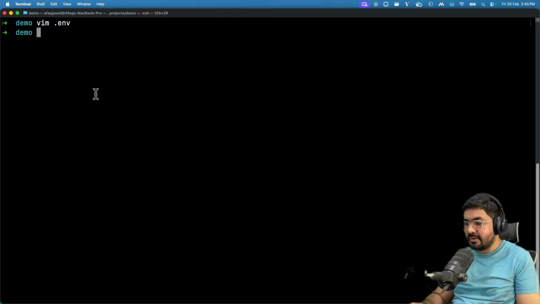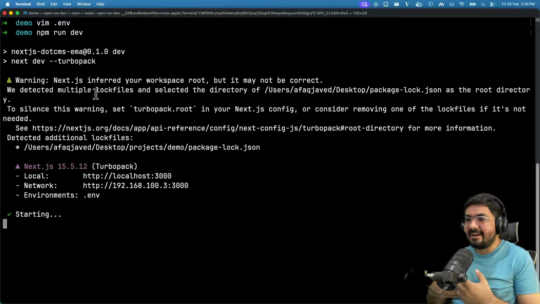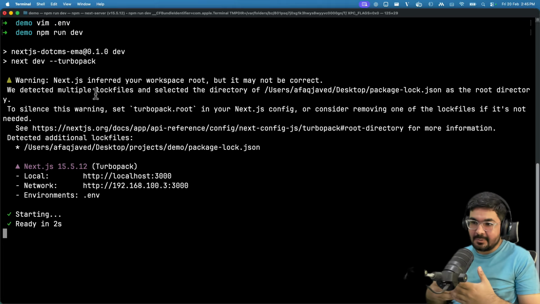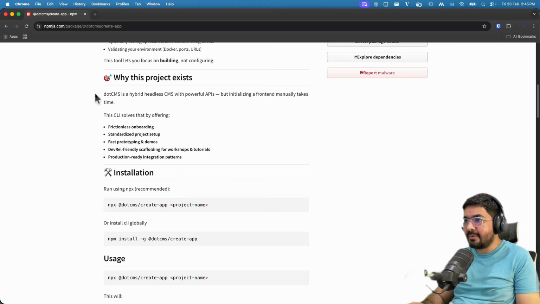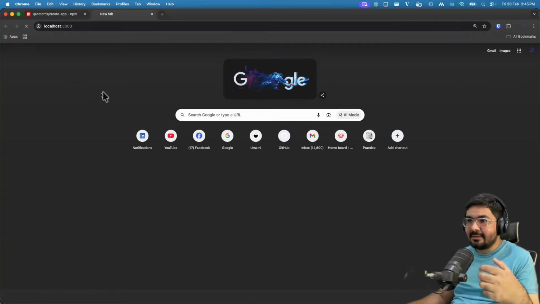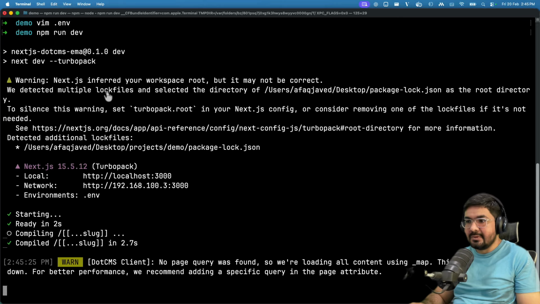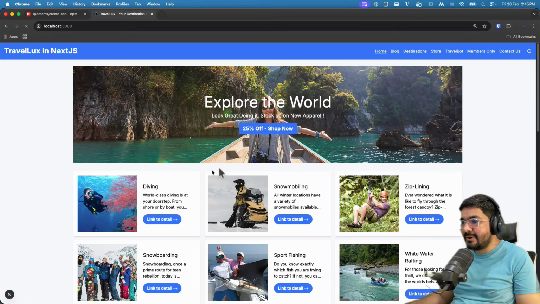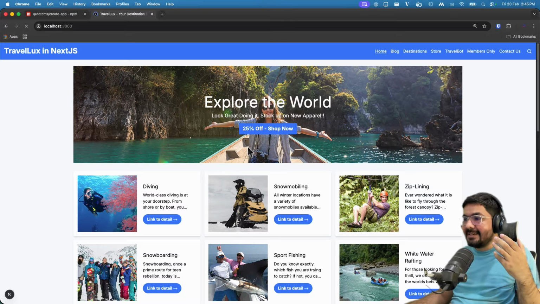And then we can just run this using npm run dev. So we can type npm run dev, and this will go and start our Next.js project, I would say, in local development mode. And if you now come to Chrome right over here, open a new tab and just type localhost:3000, and we just go back to the terminal. You can see it is compiling all the pages which are coming from dotCMS, right? And if you just come to my browser right over here, you can see that my application is running headlessly using all those